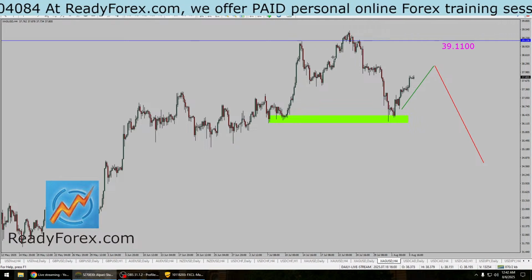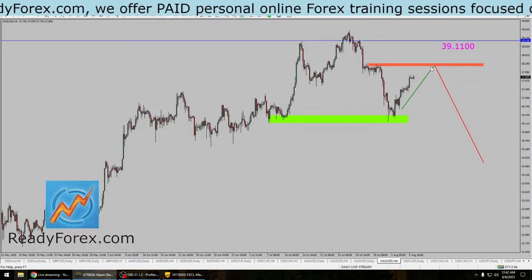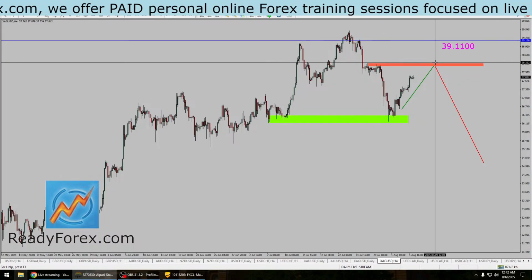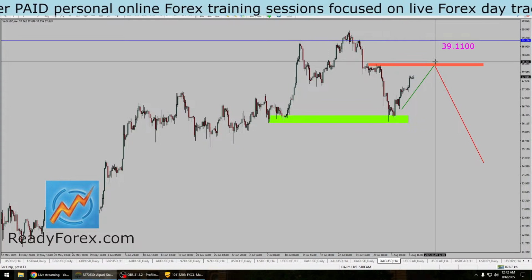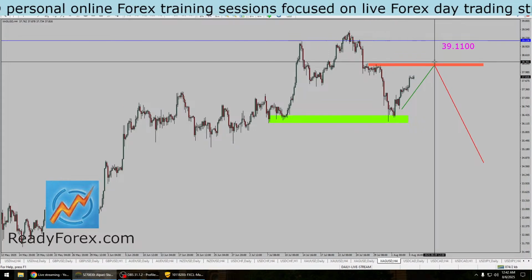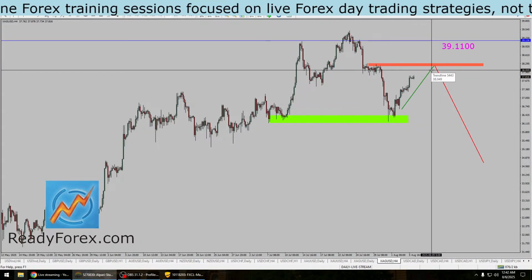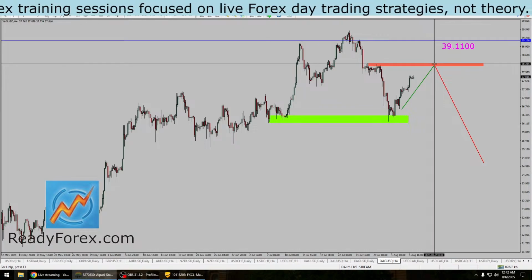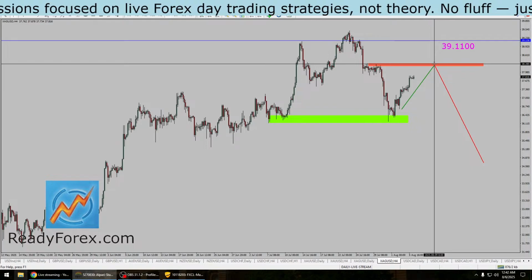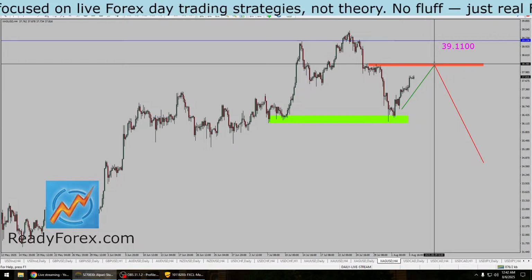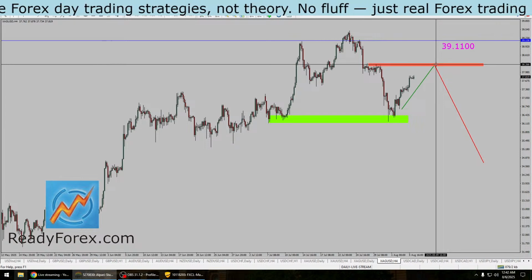Now the next resistance is right over here, and if price action is going to hit that level, we might get some sort of a top, or some kind of a bearish pattern. Now the idea over here is to allow the price action to first reach this resistance level and then look for a drop. So, you need to wait for the price action to show some sort of a bearish reaction